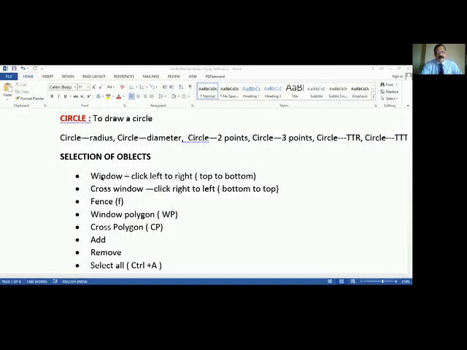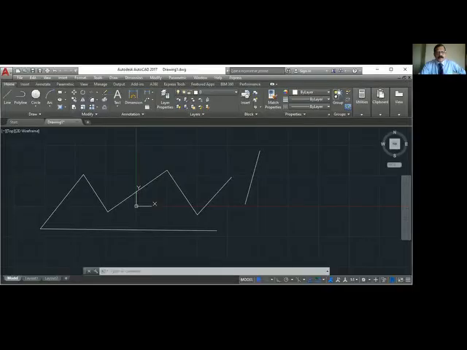So window, W; cross window, you show a window from bottom to top; fence, by typing a line, fence line; window polygon, WP; cross polygon, CP. Then add, this is to add to a selected group. This is to remove, already selected. If you want to remove, you can use remove. Then Control A for select all.